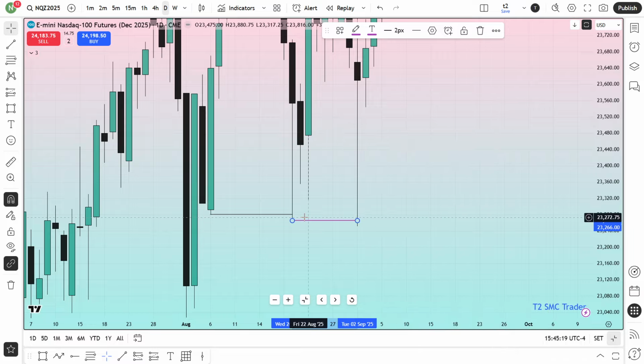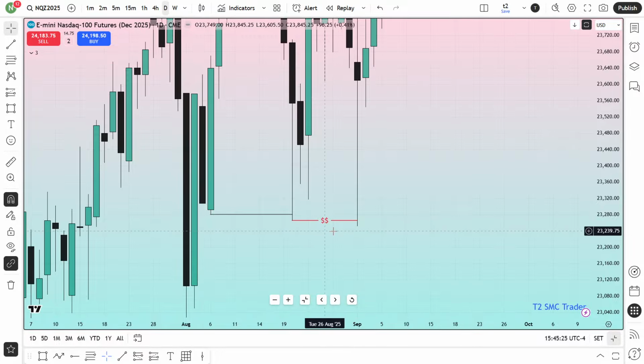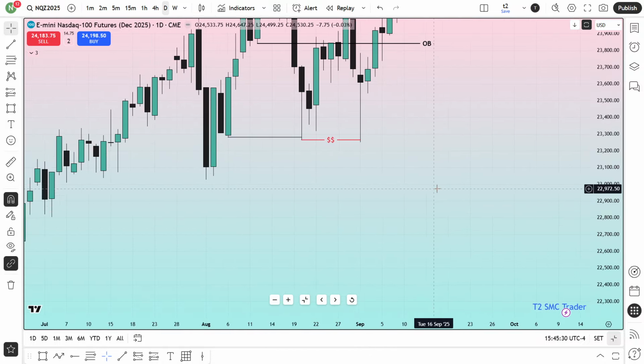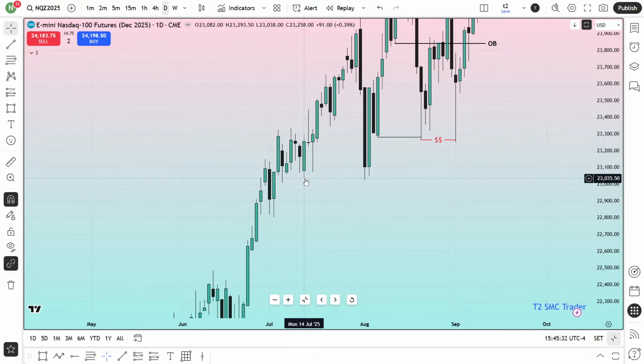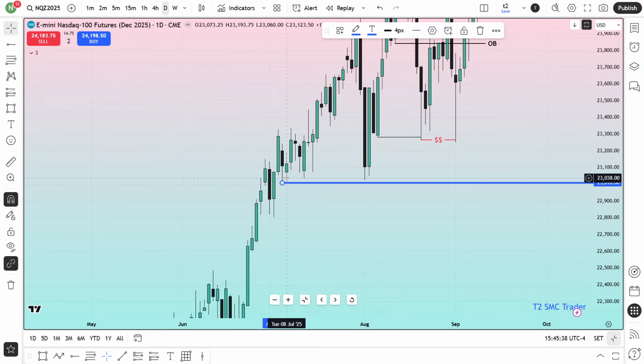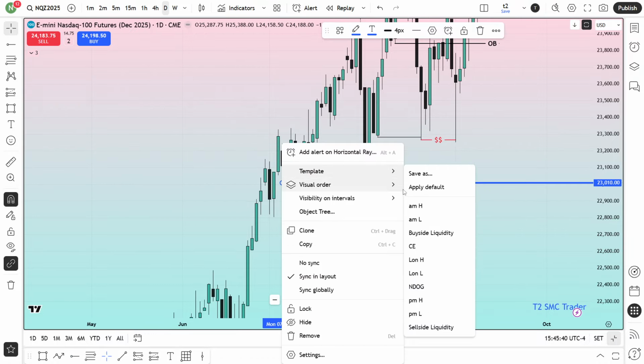So the market has cleared the liquidity. A shallow run is expected once, but if it is done twice, then that means the liquidity is taken over here. Now I would love to draw your attention here somewhere. As you can see, this low and that low are the relatively equal lows from the daily chart as well. So I'm going to mark them, and I'm going to mark it as my sell side liquidity.